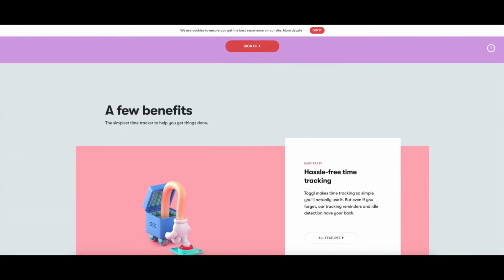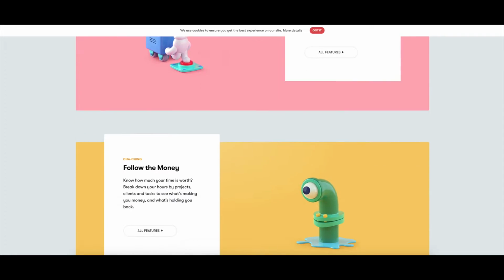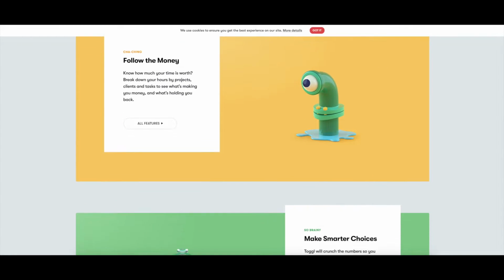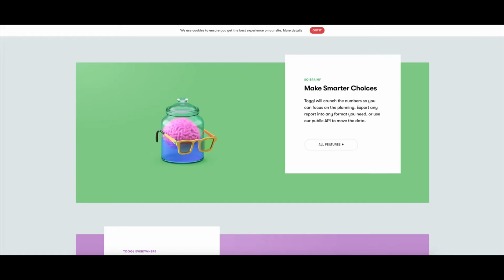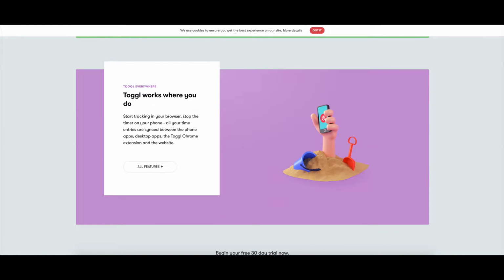Number 5 is Toggl. Now I absolutely love Toggl because it's free. Who doesn't love free, right? Free tools like Toggl enable you to start running your business right away without any kind of initial extra investment in your business. So you can keep track of the time that you are working for clients. It's really easy to categorize the time and then to send even a timesheet to your clients to show them, hey, here's the work that I've been doing. And then you can go ahead and invoice with a free software like Wave. So I think that Toggl and Wave pair really, really nicely together when you're first starting out.